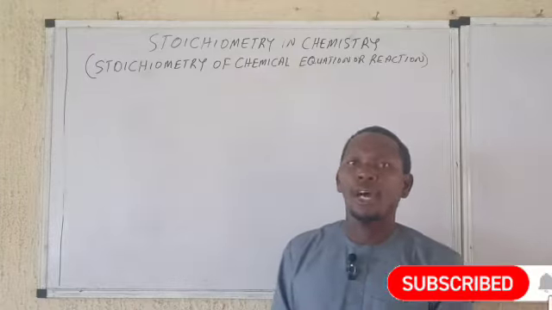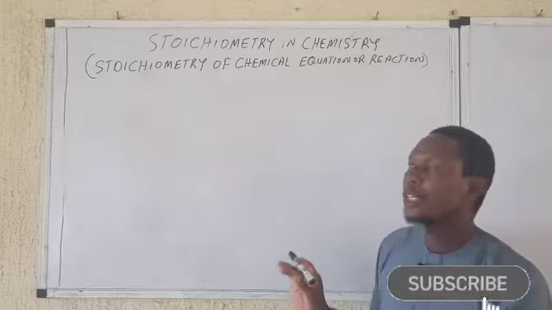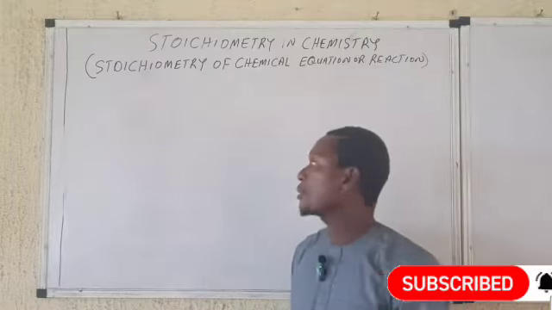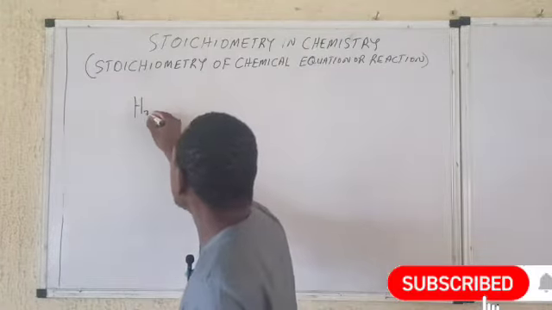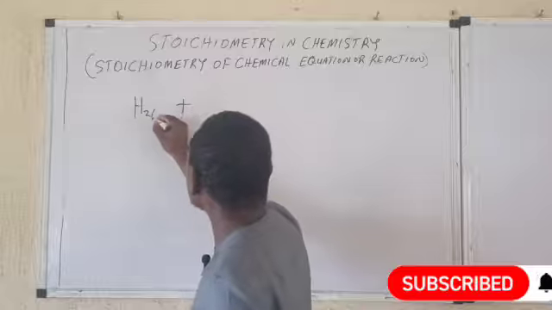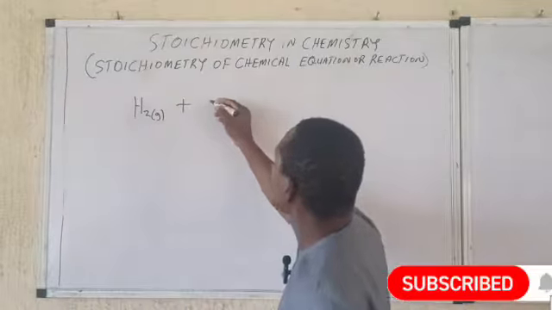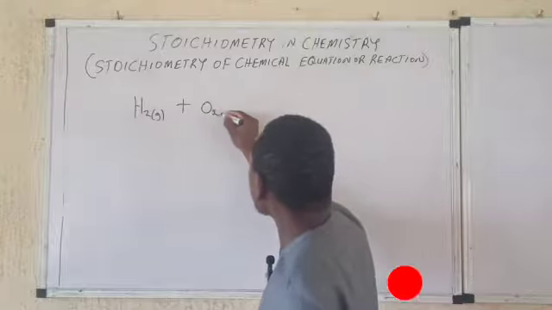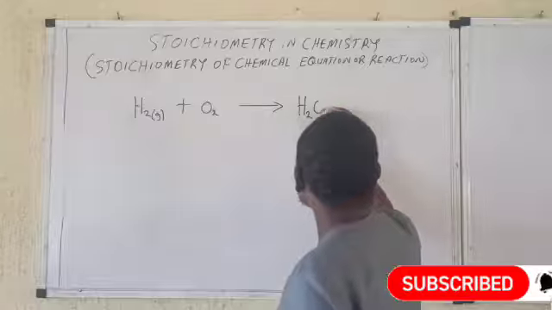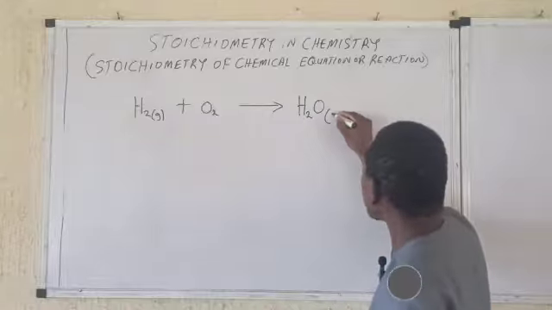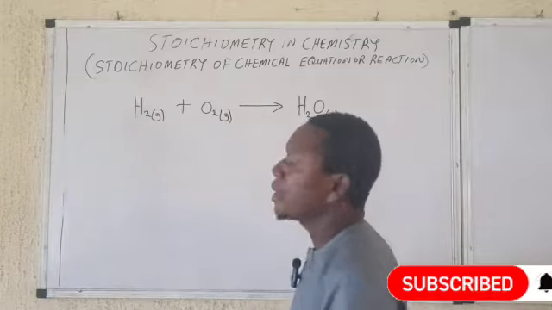All right. I will use a very simple reaction to explain the concept of stoichiometry. Let's assume that hydrogen reacts with, remember hydrogen is a gas, reacts with oxygen molecule to give water, right? Remember, water is actually a liquid. This is also a gas. Now,